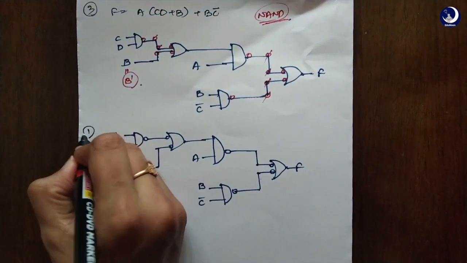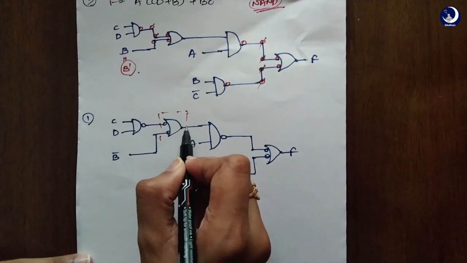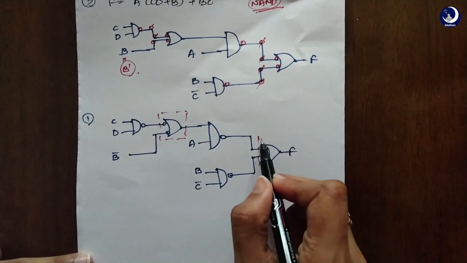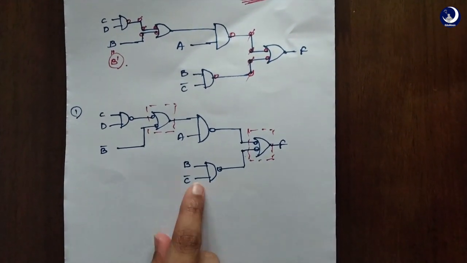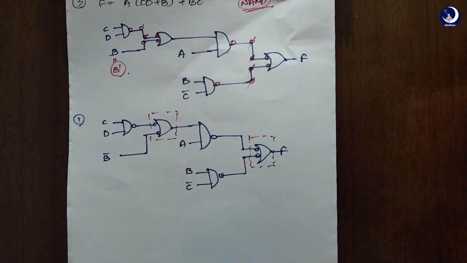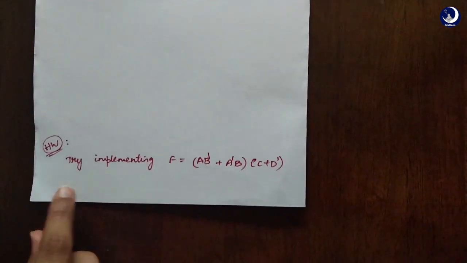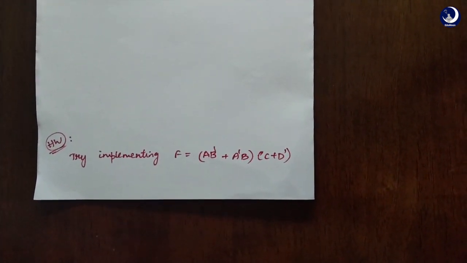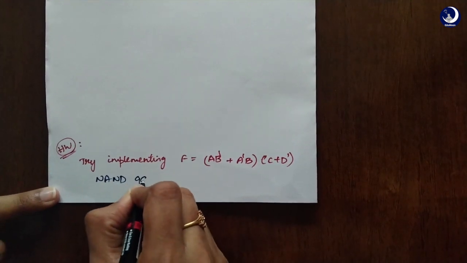I hope you can just try converting these gates into NAND gates. I'm leaving it to you. I'm not drawing them again. Just for your practice, that's it. So this can be one solution, and if you just convert these 2 gates into NAND gates, that also can be a solution. Now as a part of our homework, just try implementing this kind of equation using NAND gates. I want you guys to do this with the NAND gates.